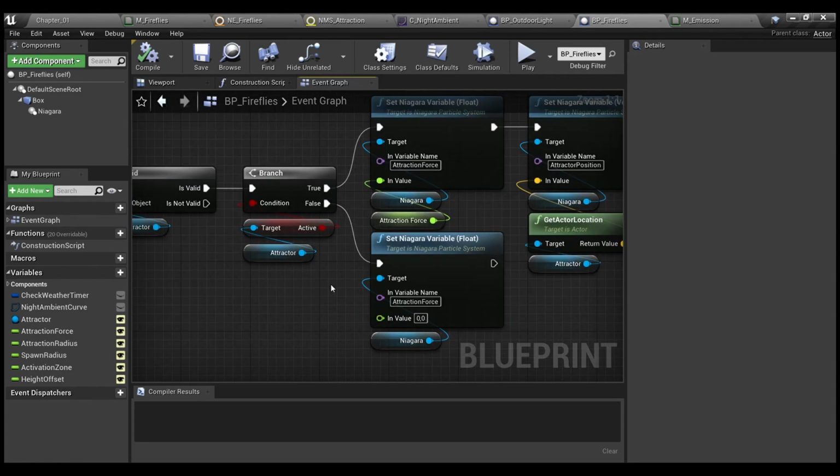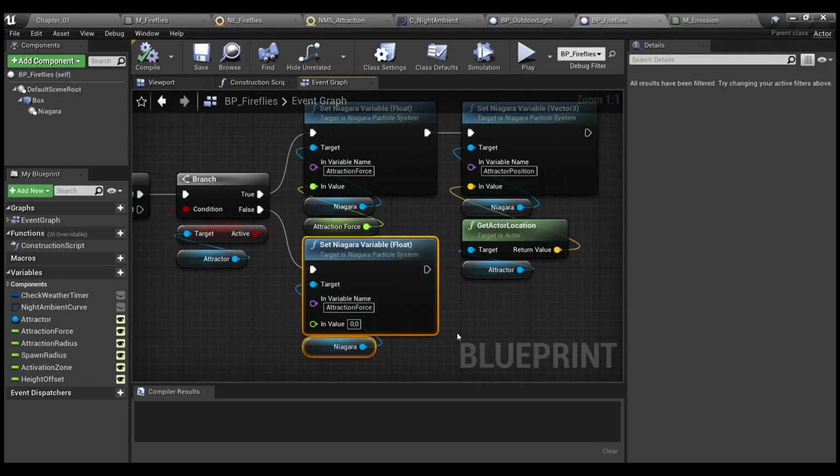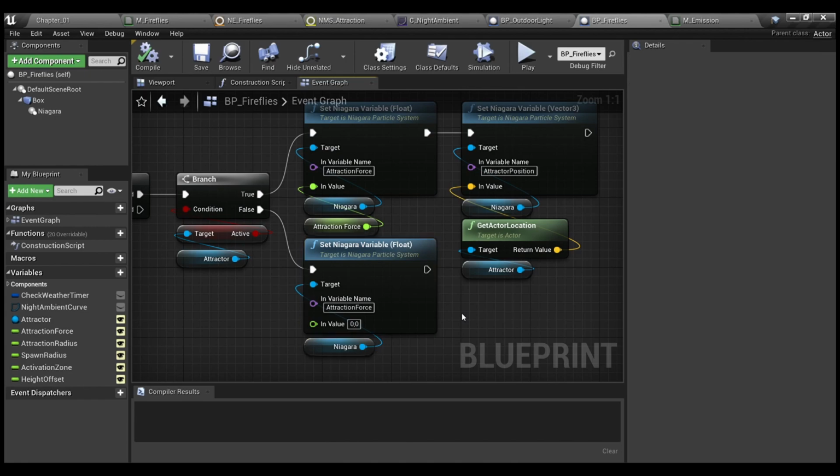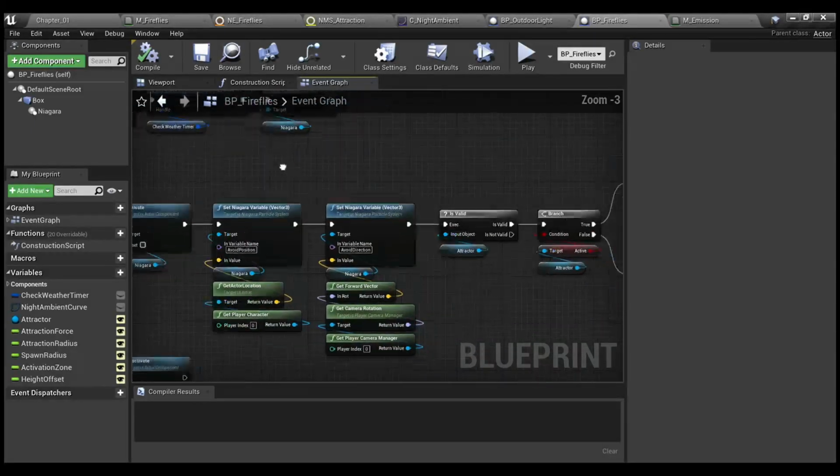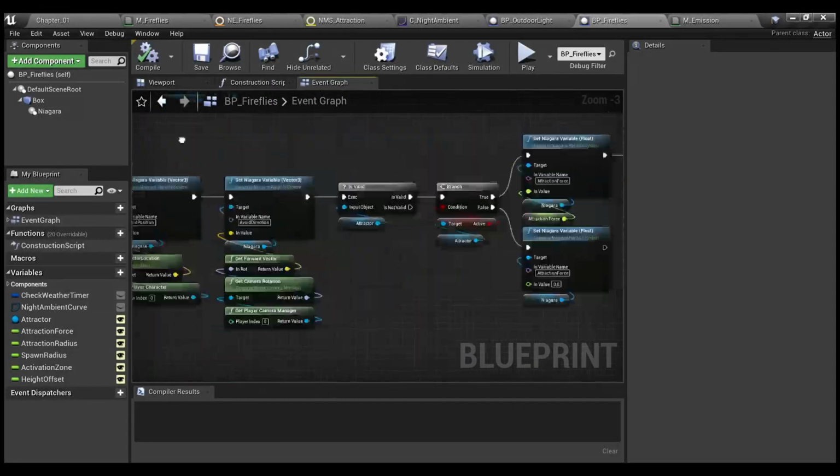And if it's not active, we need to deactivate our attraction force, so our particles or our swarm will not fly onto the light. So that's our check time function,